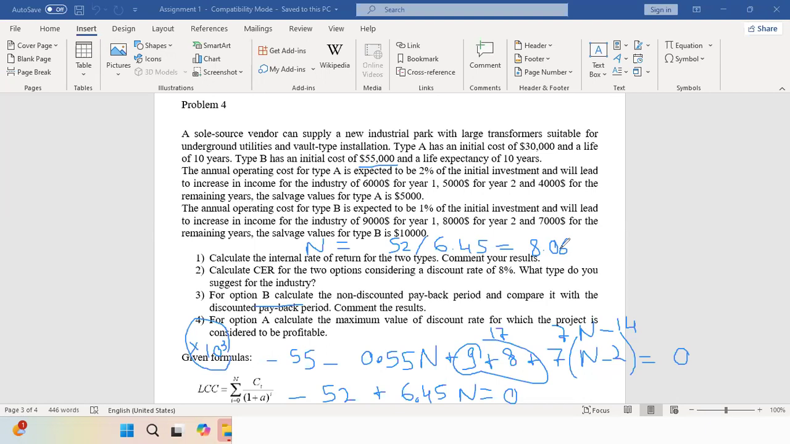Okay. If you want to do further analysis, you can calculate the maximum discount rate for which the project will be profitable. So if you want to do this,